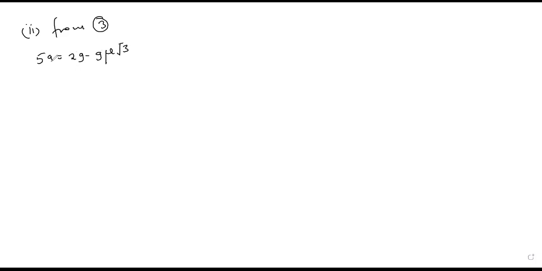I've gotten a already, so it will be 5 times 3.375 equal to 2 times g, which is 9.8, minus mu times 9.8 root 3. So this is the same as 16.875 equal to 19.6 minus 9.8